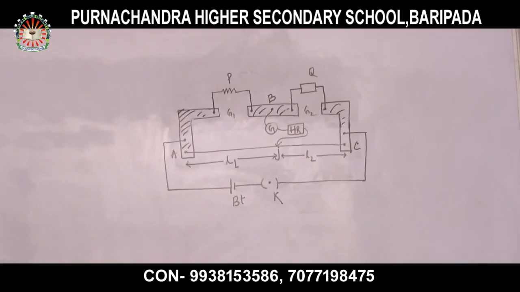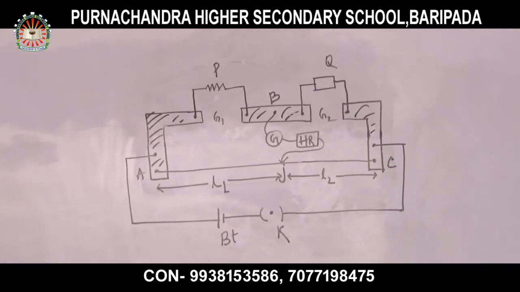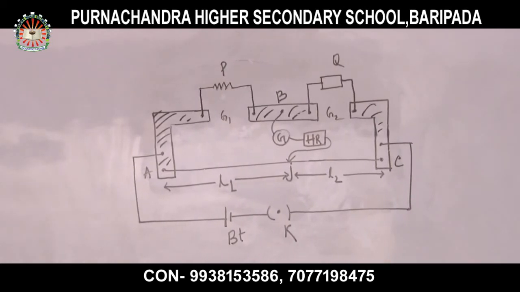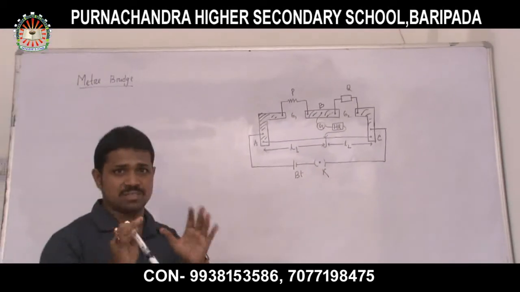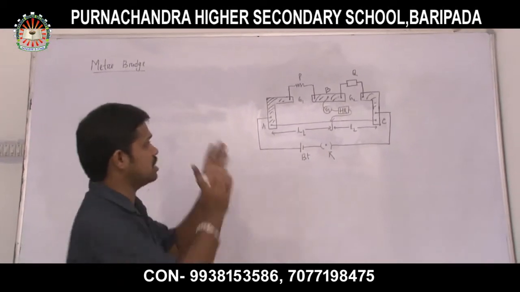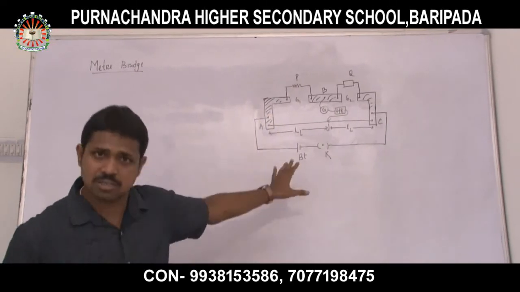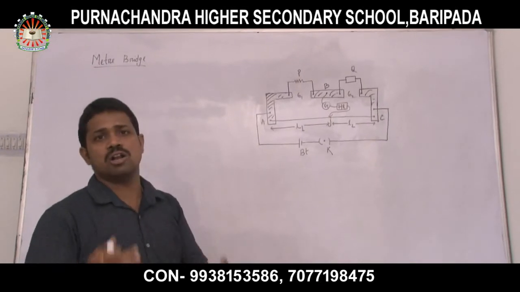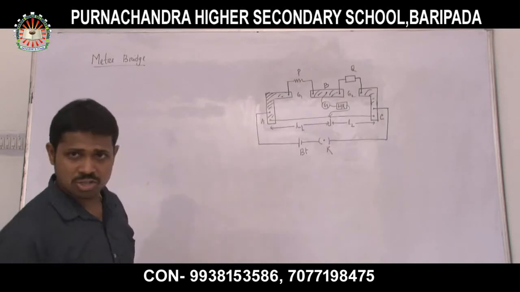So what is the aim? What will we perform here, or why is the meter bridge used? The meter bridge is generally used to find the unknown resistance value. Clear? The same concept of the Wheatstone bridge is applicable here. Here also we have to balance the bridge first, then find the condition to get the unknown resistance value. Understood all of you? Okay, so this is the construction.